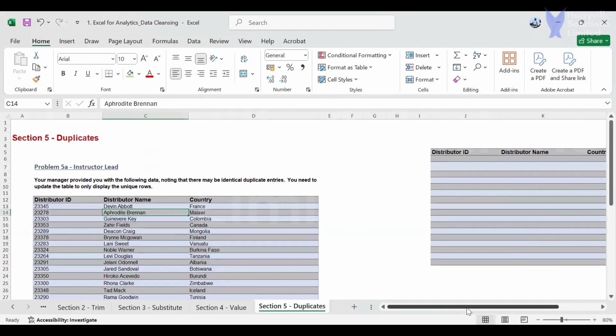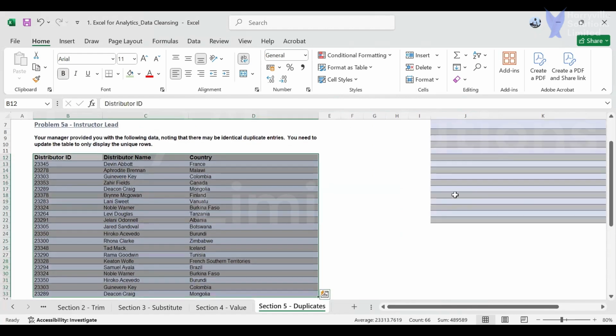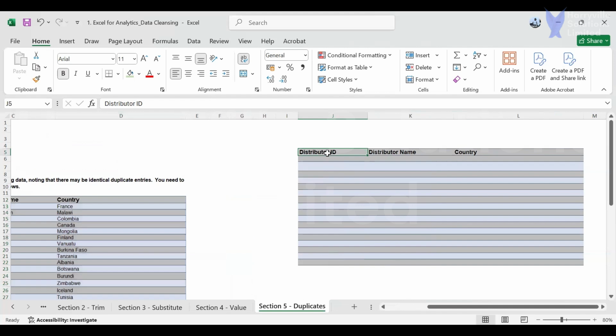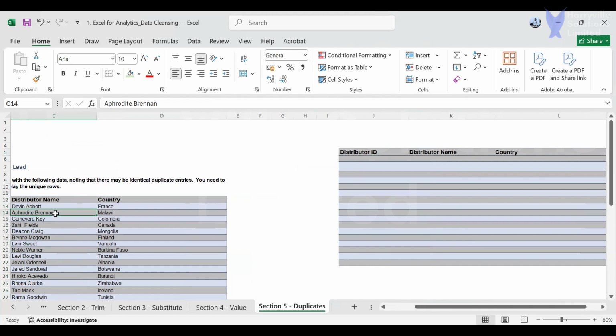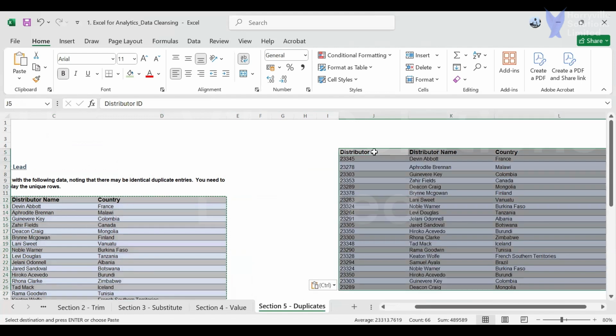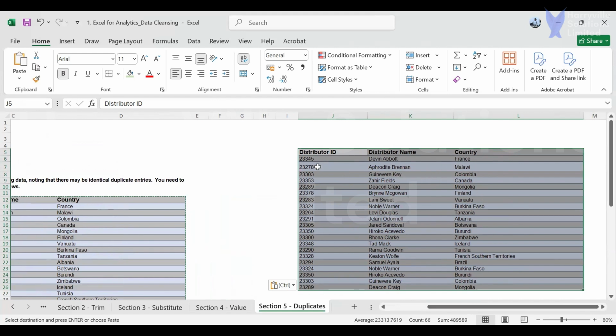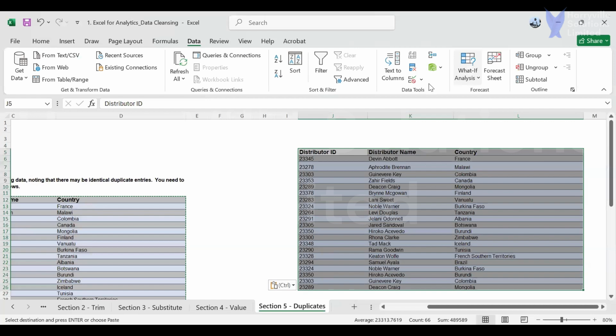So what I have to do is copy every one of this data set here. I'll copy everything, Control A, and then I'll paste it to where I want it to be unduplicated. No, sorry, I haven't copied. Control C, and then I'll come here and paste. Now, how do I do it? I will just select everything here, select my old data, and then I'll come to my Data tab, and then I'll see